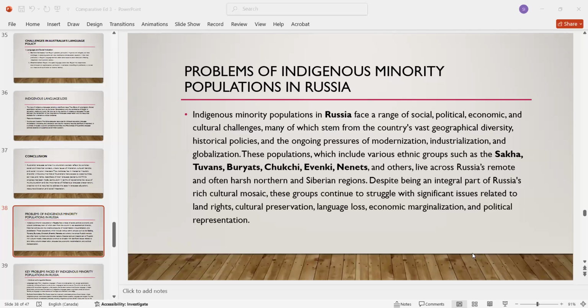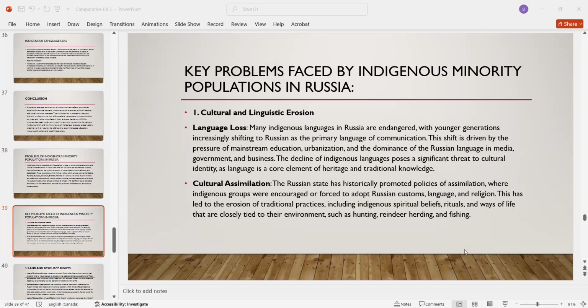So there are Saka, Tuans, Buryats, Chuki, Evenki, Ninets. There are ethnic groups like they are in the Siberian regions. Despite being an integral part of Russia's rich cultural mosaic, these groups continue to struggle with significant issues related to land rights, cultural preservation, language loss, economic marginalization, and political representation, right? So key problems, language loss, we learned under